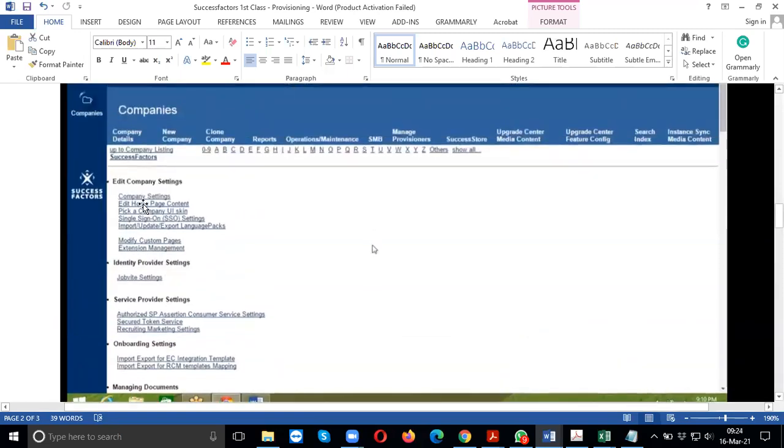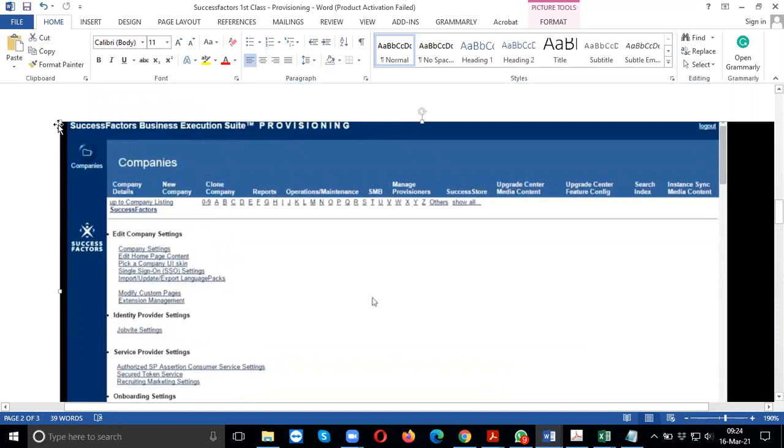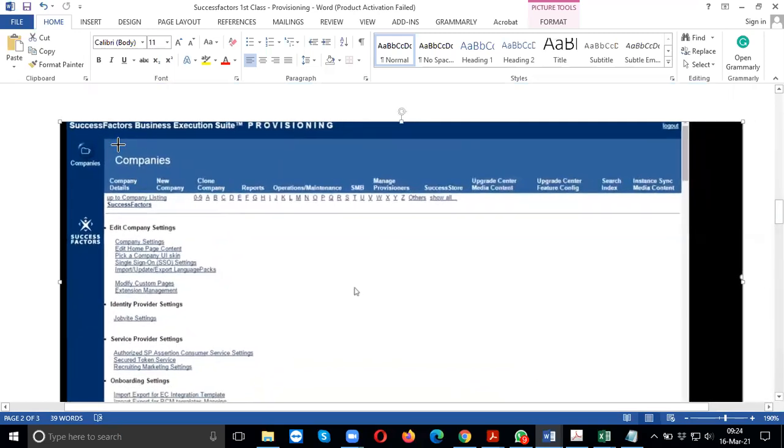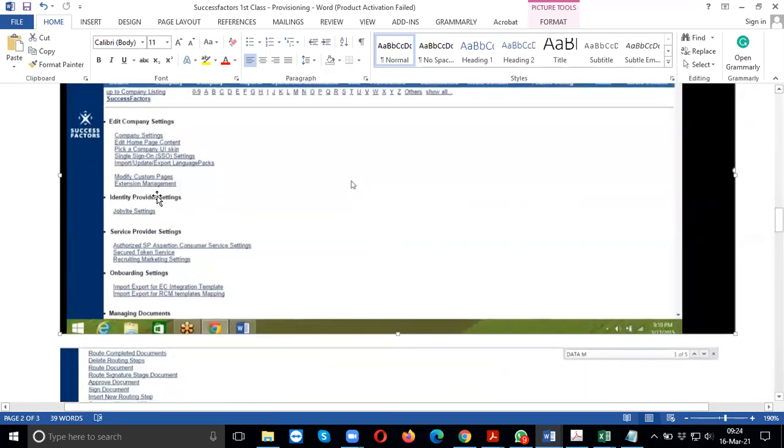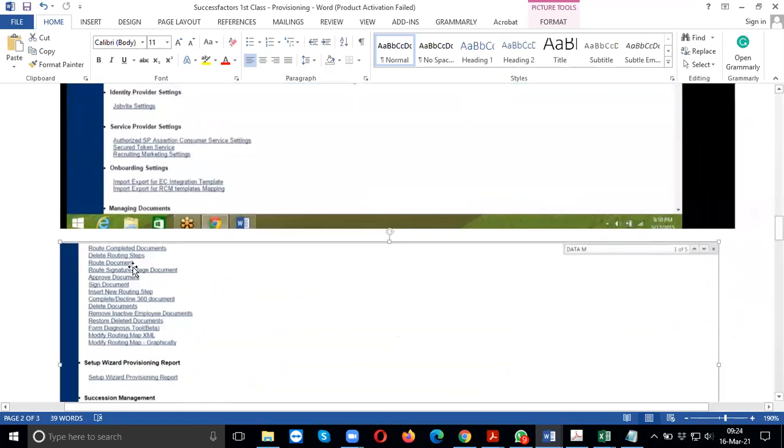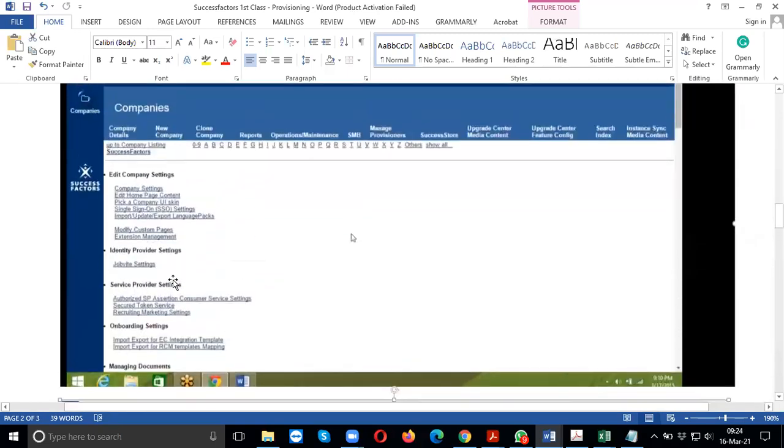So just remember the screen. The screen is important. Anuj, would you be taking me through the detailed steps on how to activate SSO and how to import, export the data? We would go through the detailed steps. I will look at the implementation step. I'm just giving you the overview today.